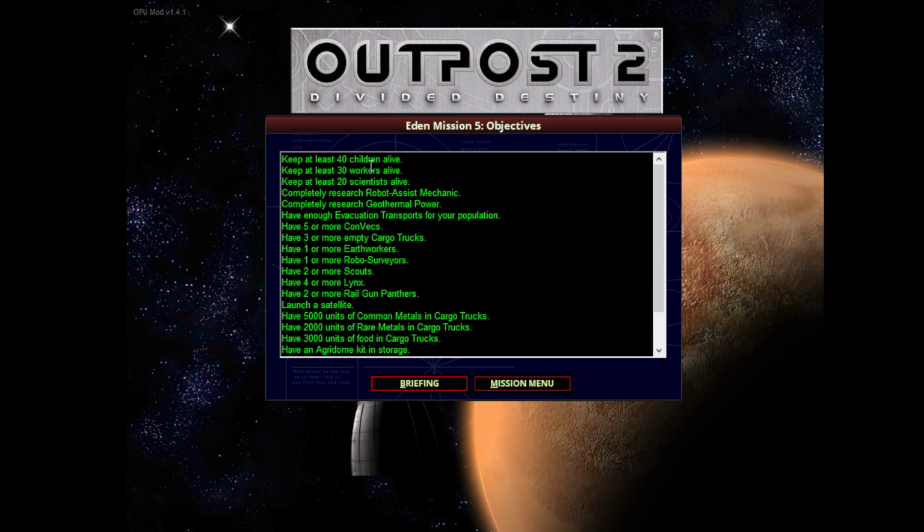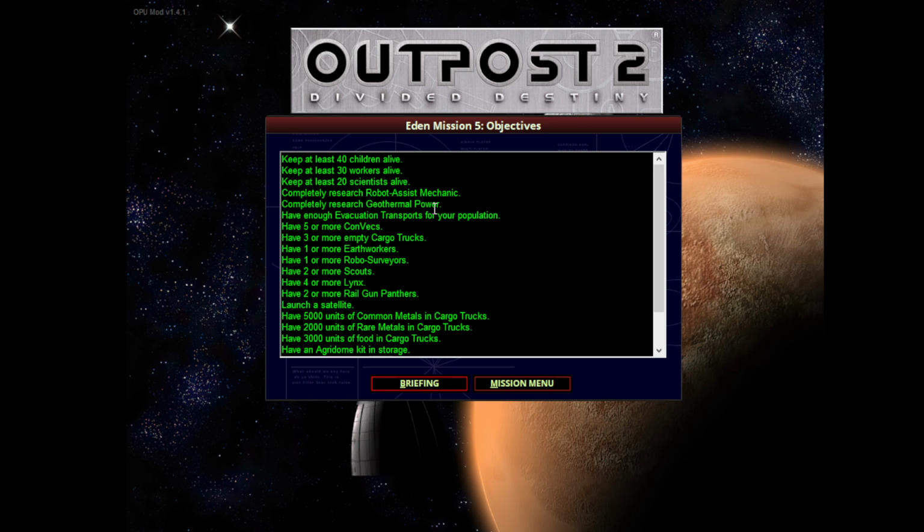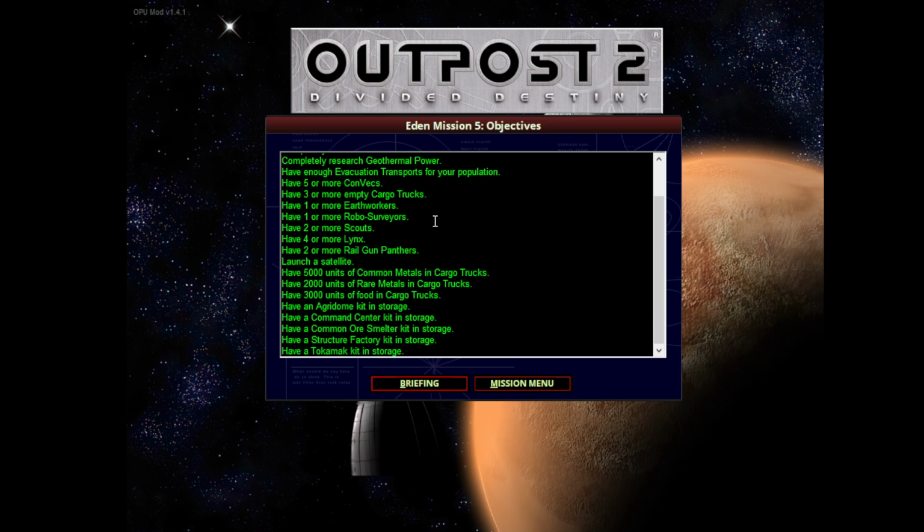So, okay, big population. A little bit of research to be done. Have evac transports, of course. Basic functional... They don't require us to have a tokamak in storage. I bet when we research geothermal power, we're going to get access to a new kind of generator, and they will... Oh no, they do require us to have a tokamak. I just hadn't scrolled down all the way. Well, never mind. It's the same basic 5 buildings then, and also 5 convex for them. Just launch a satellite. Just figure it out. Some buildings...